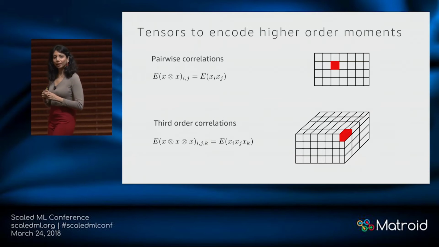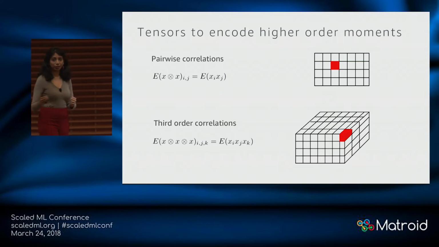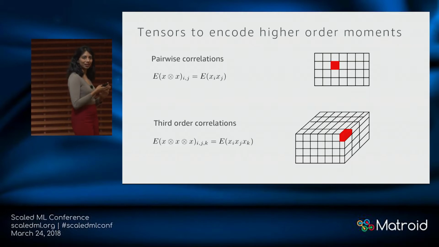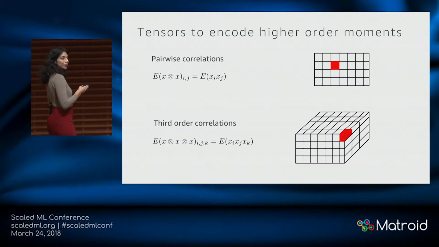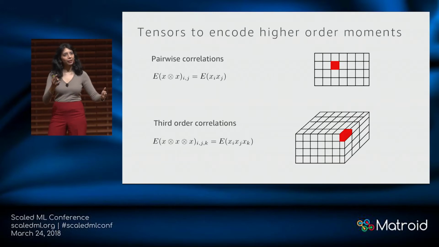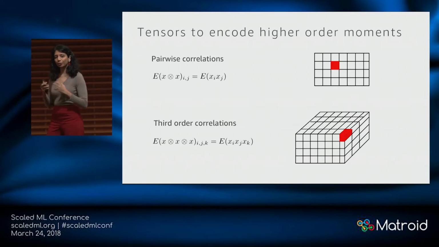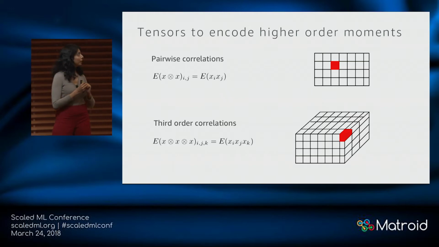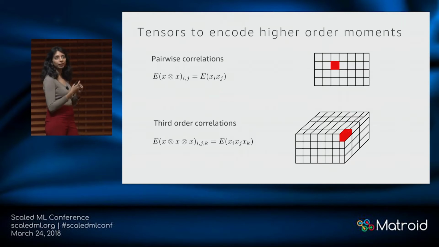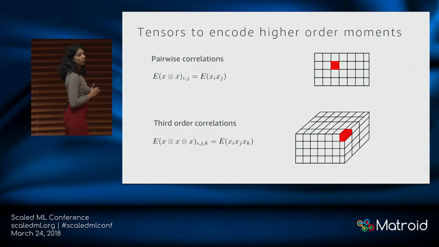So if you want to now look at third order correlations in your data, you have, again, a random vector X, and you're looking at the correlation of X with itself up to third order, as well as between the different entries. And so now to represent this correlation, you need a tensor, right? So in this case, it's a third order tensor because between every triplet of entries, we are recording the correlation. And so you can see here, from a matrix, there is a natural way to go to the tensor if we have to consider higher order correlations in our data.